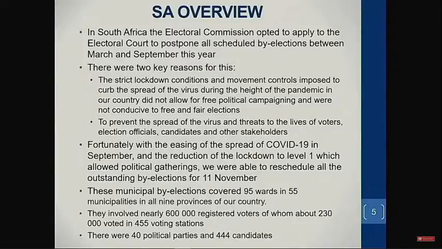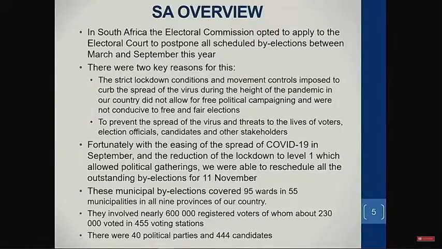Fortunately, as time progressed, the spread of COVID eased by September in the country, and the lockdown was reduced to level 1, which allowed for political gatherings. We were able to reschedule all the outstanding by-elections, which took place on the 11th of November. And this is the experience we have called our dry run for next year's national local government elections,